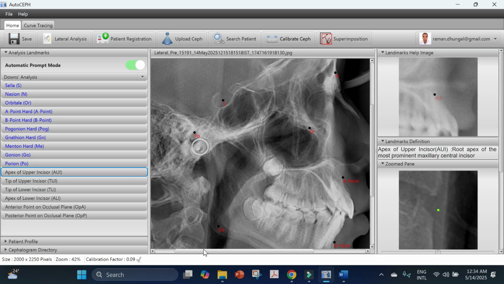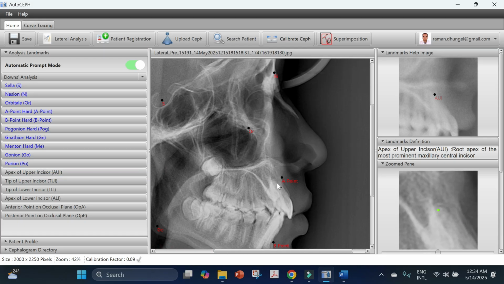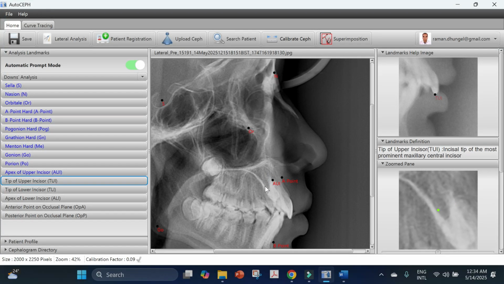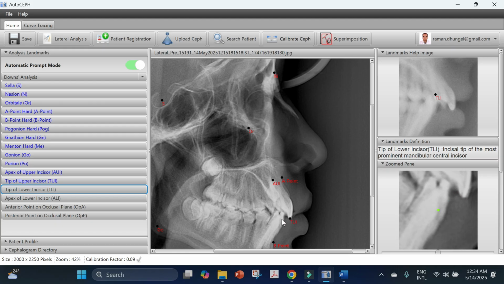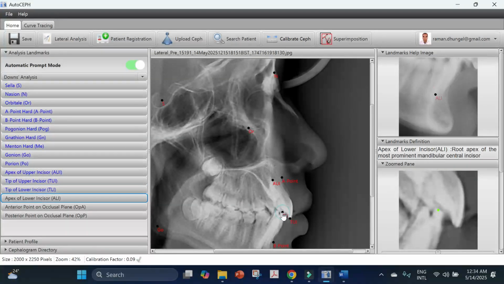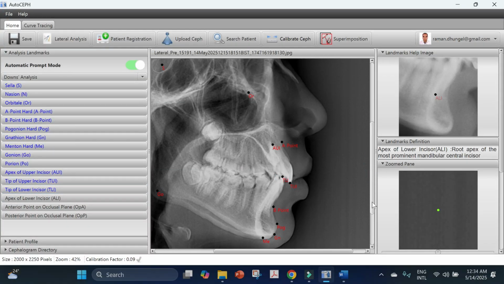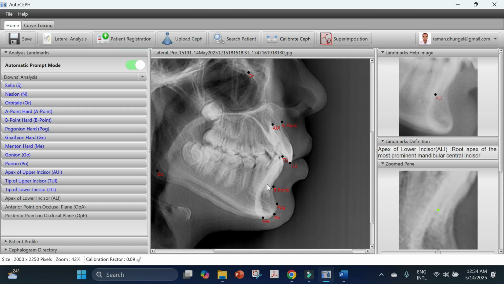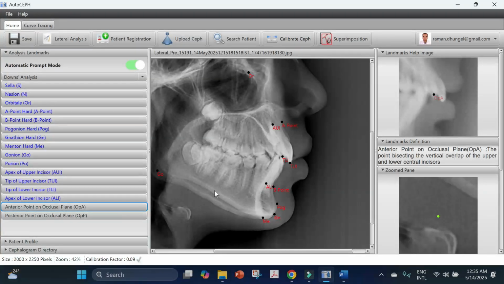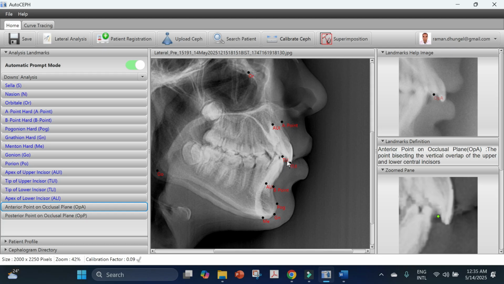Apex of the upper incisor. This is the upper incisor, and here is the apex. Similarly, tip of the upper incisor, tip of the lower incisor, apex of the lower incisor, anterior point on the occlusal plane, the point bisecting the vertical overlap between the incisors, so I am taking this